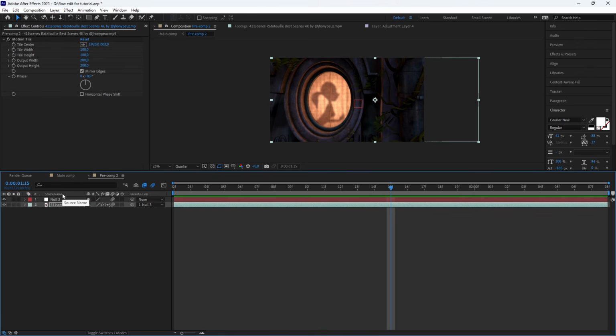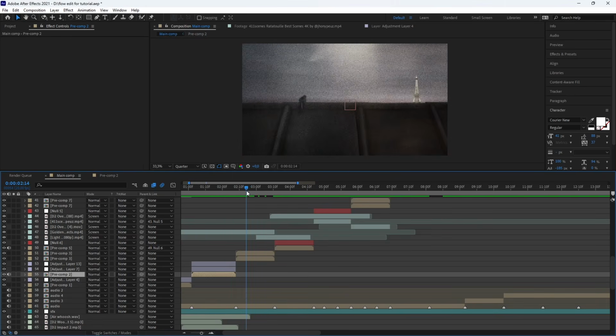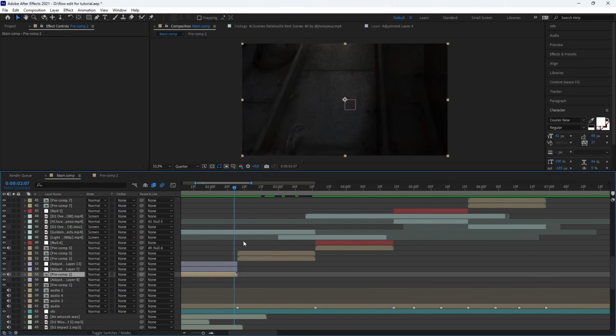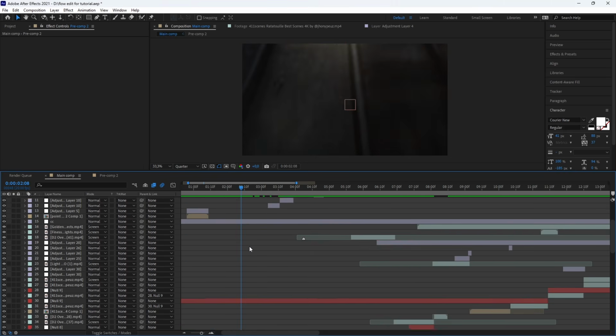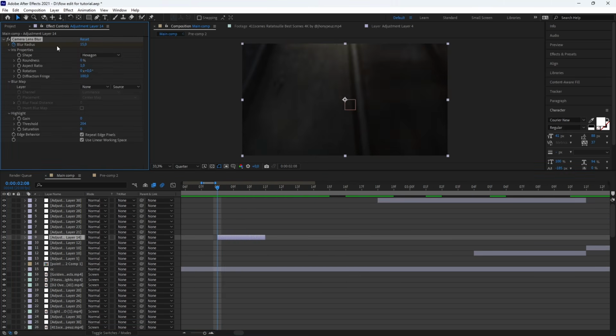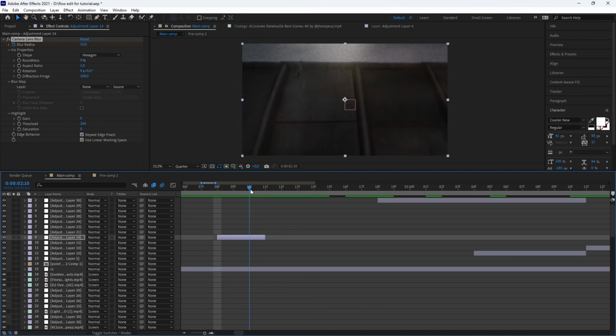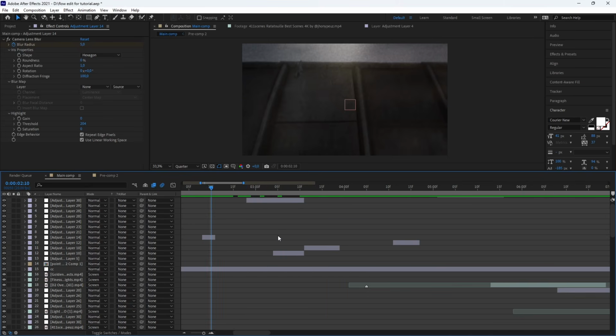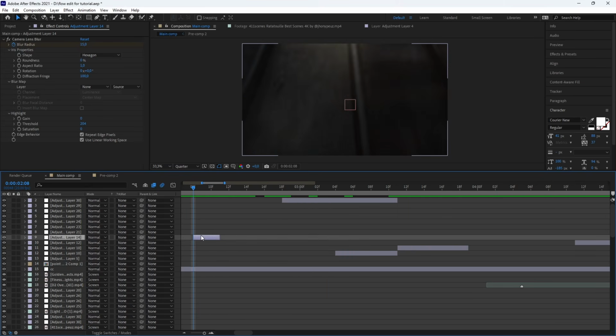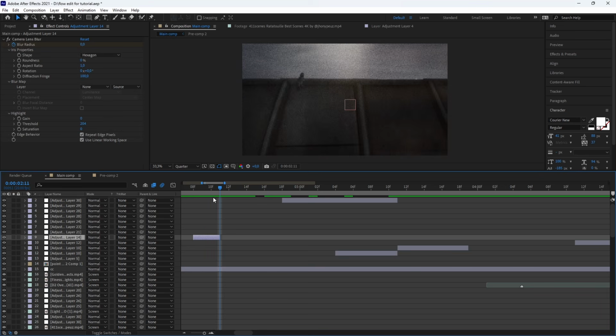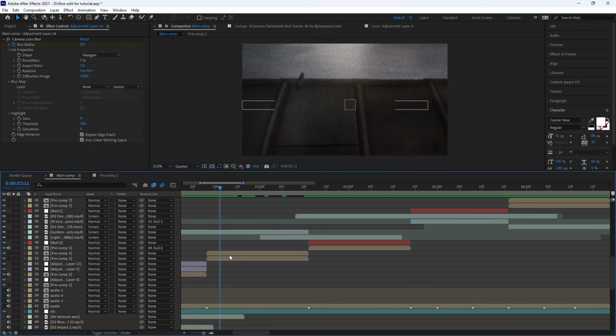So all the future, how can I say it, all the features, speed, time ramp, yeah, sorry, it will be like this one or the other one. So here just speed, nothing crazy. I added just an adjustment layer with a camera lens blur. That's maybe one of the best blurs for this kind of edit. Here it's just a blur at 15 at the beginning, then at the end 0, to make the transition smoother.